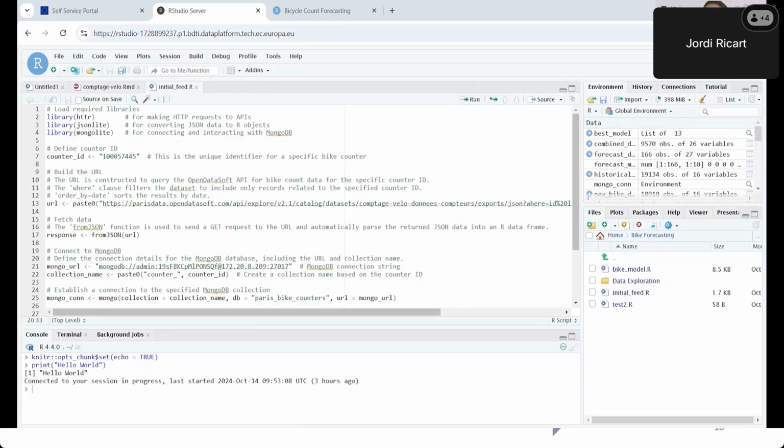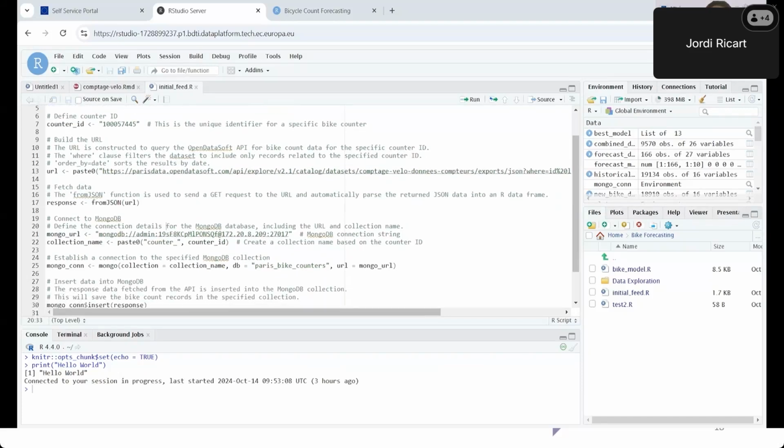Next, we need to specify which counter we are interested in. And the variable counter ID holds a unique identifier for a specific bike counter in Paris. And this ID will be used to filter our data so that we only fetch records related to this particular counter. Next, we're constructing the URL that we will use to query the API.